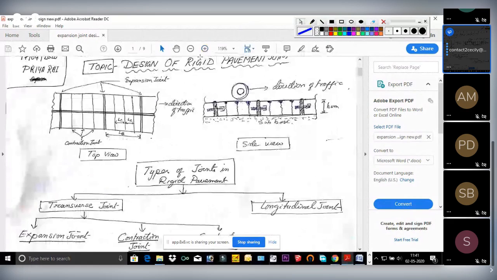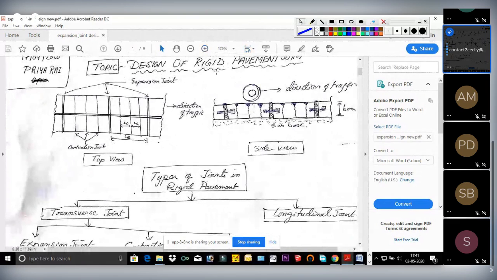suppose this is a slab, this is a top view. This one is the top view. You are looking at the two lane pavement from the top of the building, from the roof of the building. So how many transverse joints are there here? One, this is also one kind of joint. 2, 3, 4, 5, like this. All these that I'm marking with blue tick are transverse joints.